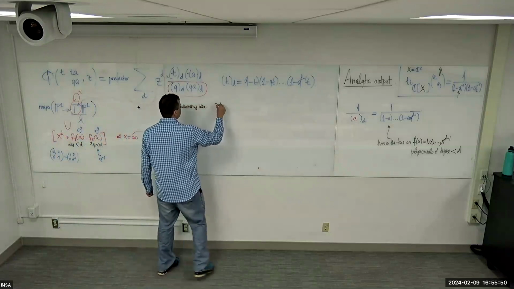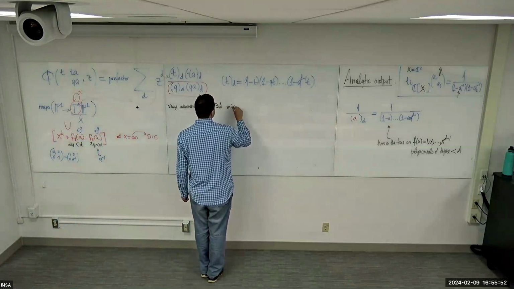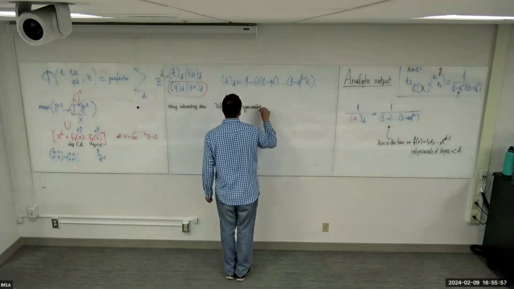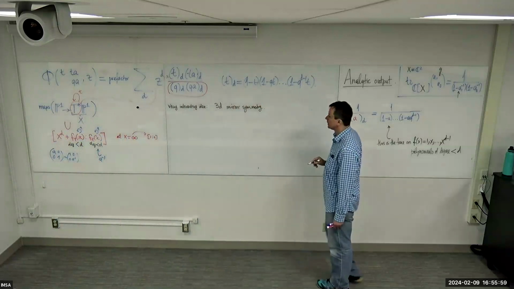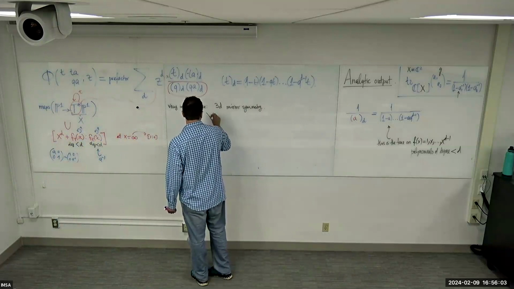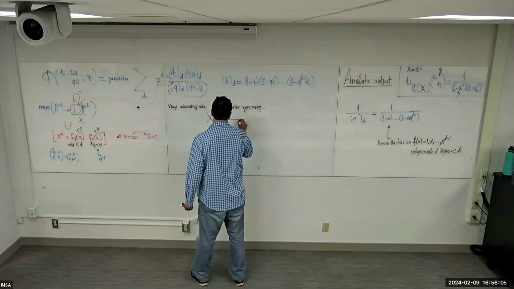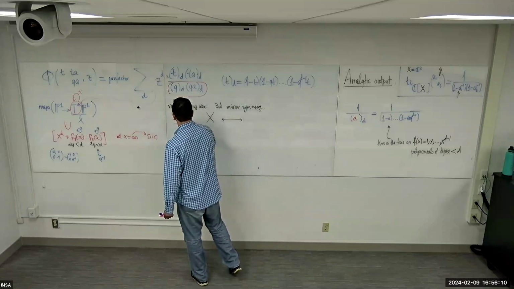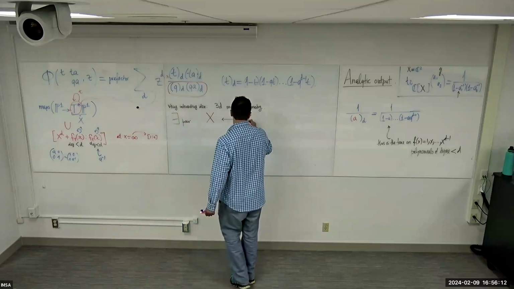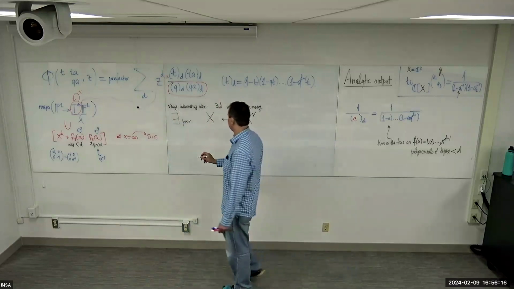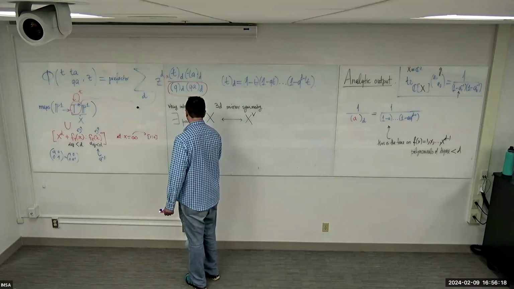The idea is that of something called 3D inverse symmetry. It says that there exist pairs of dual varieties, for which this kind of function phi